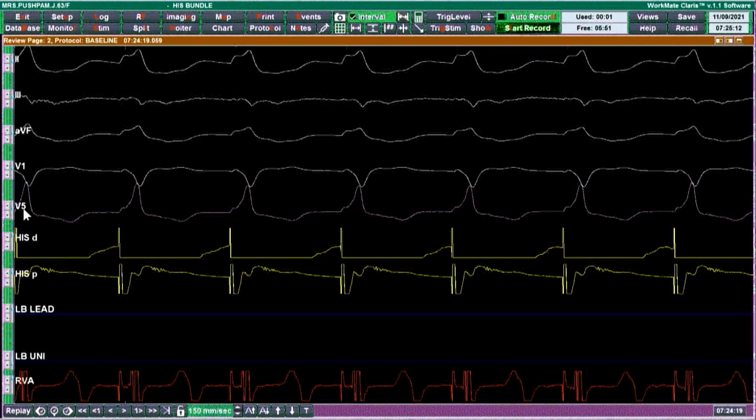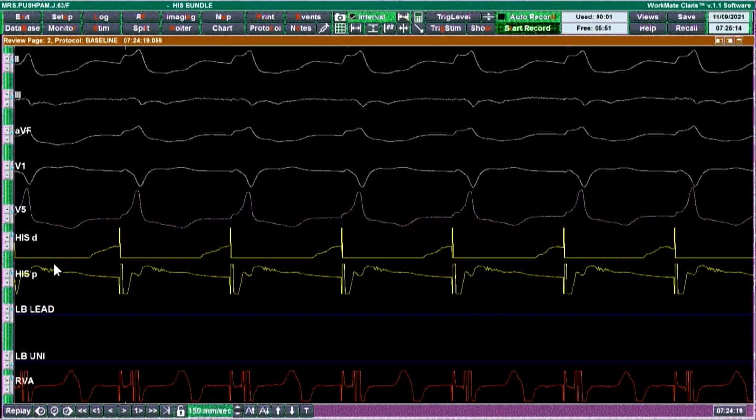So anyway, we will go a little below the His, and we will deviate from the His bundle zone, and we'll try to go into the left bundle area. So now we have seen that the His bundle is giving some correction. If you are going to map it still more perfectly, if you go still further down from the distal electrode of the quadripolar catheter, probably we may be able to narrow down the QRS to complete the correction. Here in this case, I'll try whether I can reach the left bundle area.